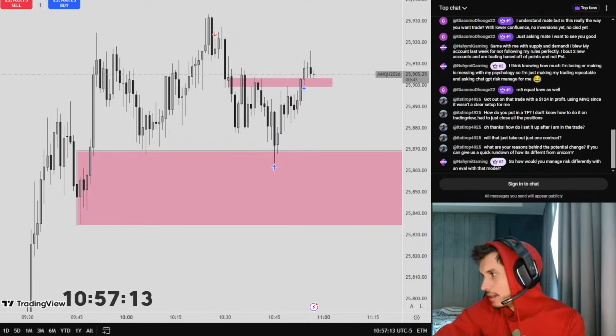So how would you manage risk differently with an eval with that model? So what I would do, even in combines, this is how I used to trade, I would set the $300 daily lockout, non-negotiable. I would even lock out the lockout, because that's a feature in TopStep. So I would put the 300 daily lockout, and instead of opening a lot of size